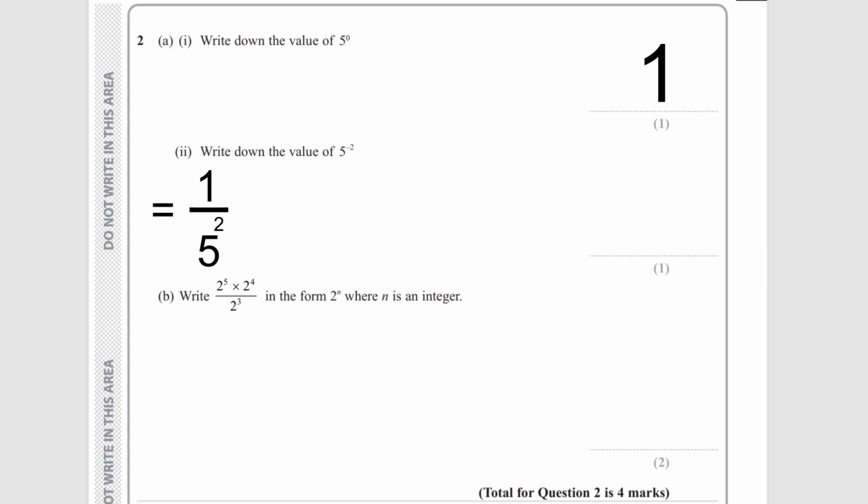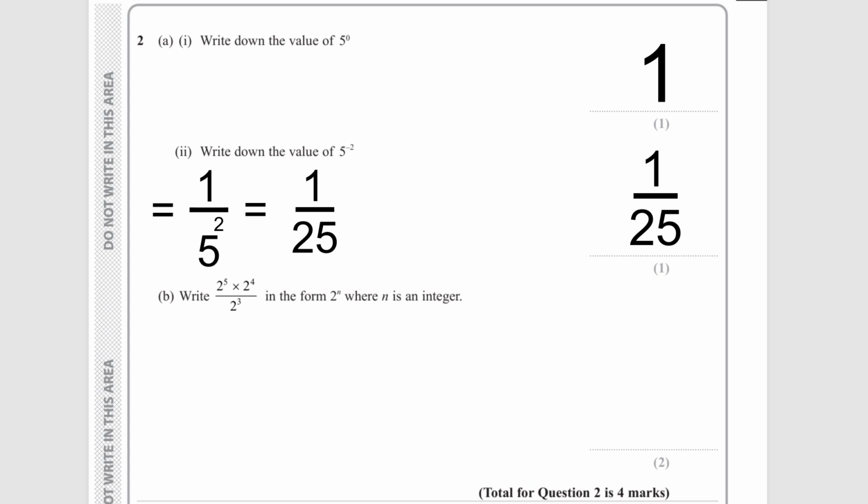So that's going to be equal to 1 over 25. And that's our final answer for the second part of the question. And now this one, it might look a bit complicated, but it really isn't. It's actually quite simple. So I think just instinctively, and you'll probably learn this the more you do, I want